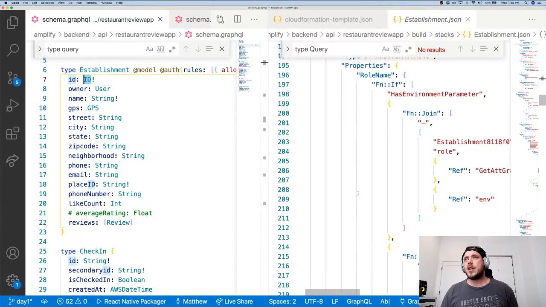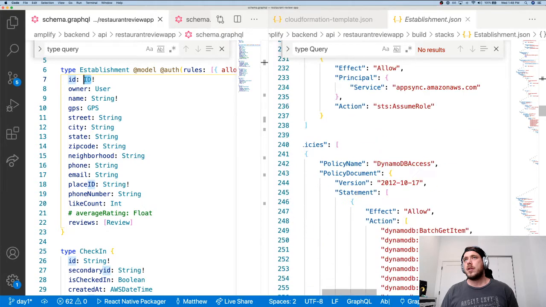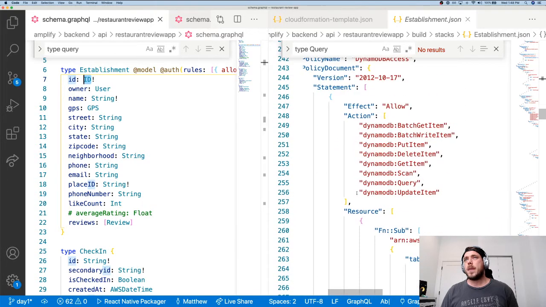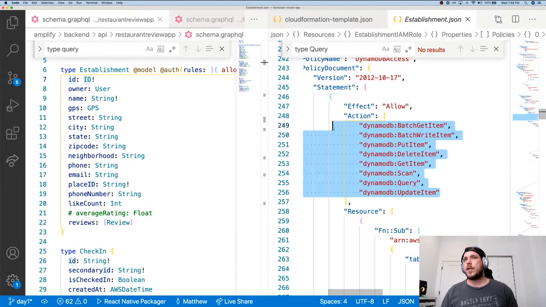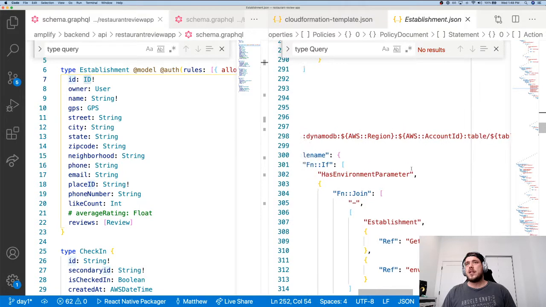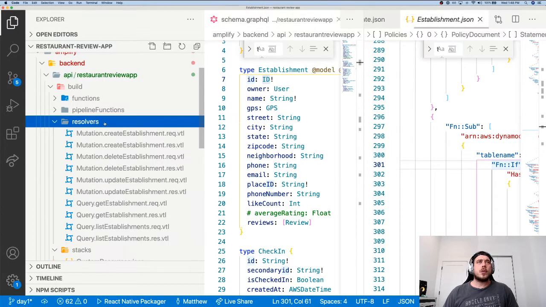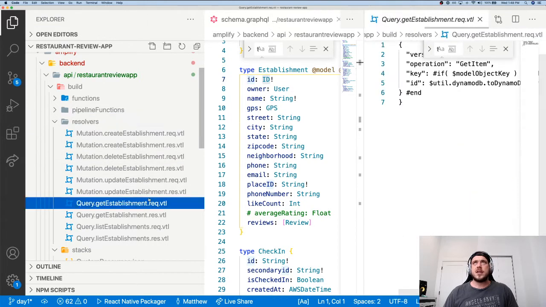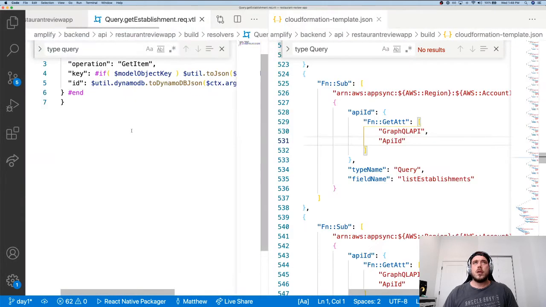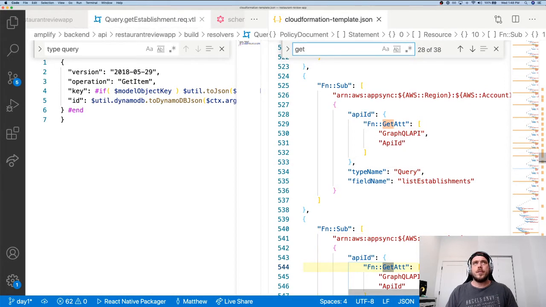So here's a bunch of other stuff, and there's our rules that allow users to hit the GraphQL API and all of our operations for DynamoDB, which include put item, get item, which end up being auto-generated and connected to a bunch of resolvers, right? So we go to our resolvers folder. Here's our get establishment. Okay, this is cool. So for get item,